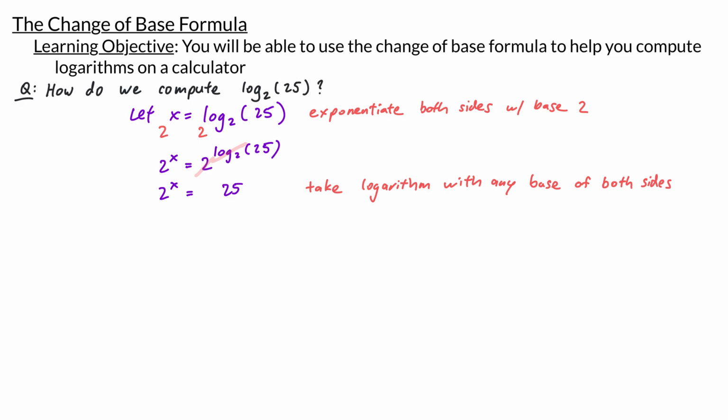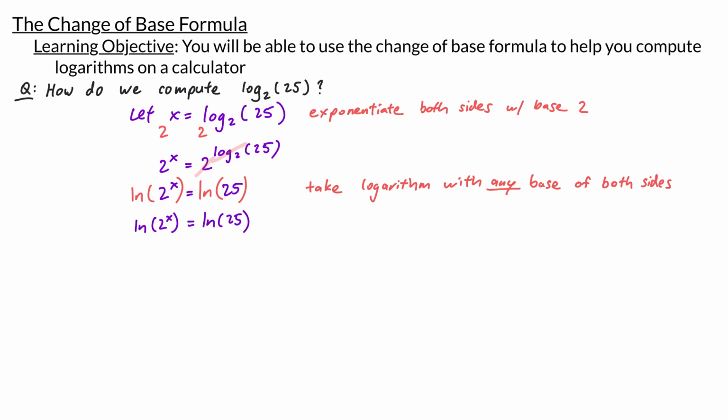Next, we'll take the logarithm with any base of both sides. Now, in general, when we take this logarithm, we can use any base we'd like. However, if our goal is to compute x using a calculator, we'll want to take the logarithm with base 10 or base e. Let's say we use base e, which means I'm going to take the ln, the natural log, of both sides. This leaves us with ln of 2 to the power of x on the left-hand side and ln of 25